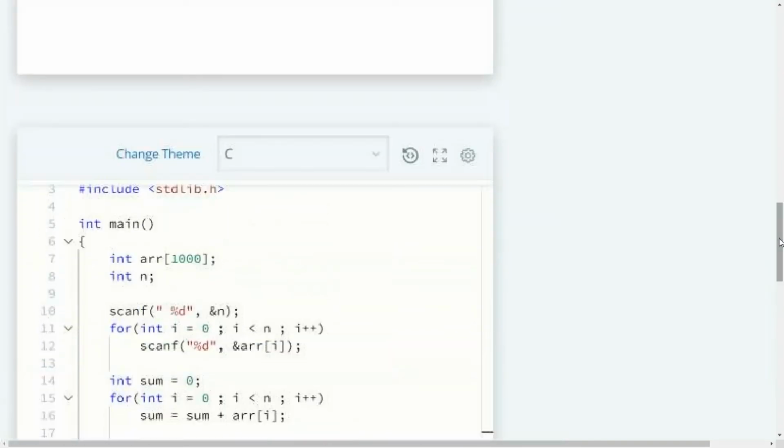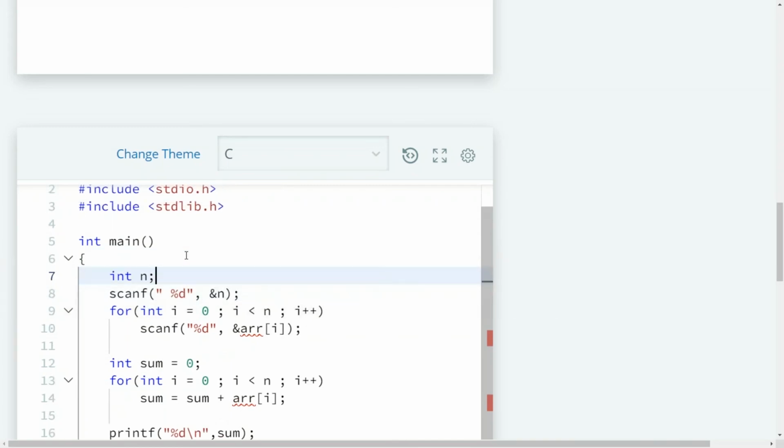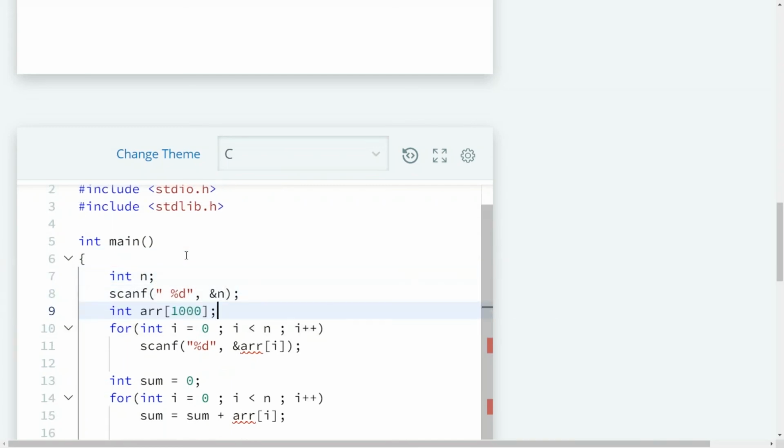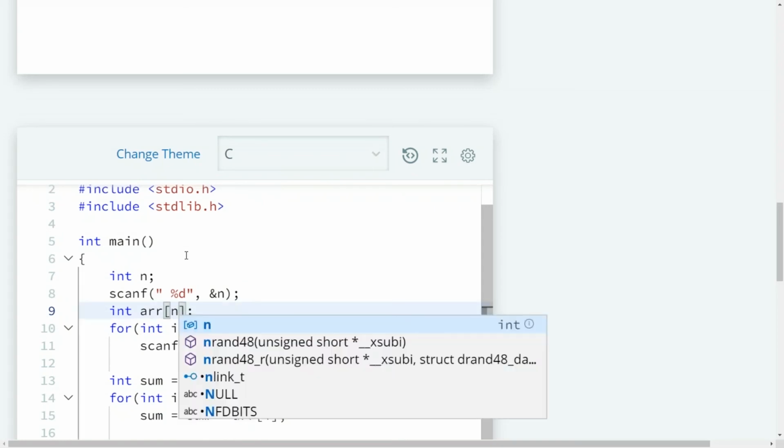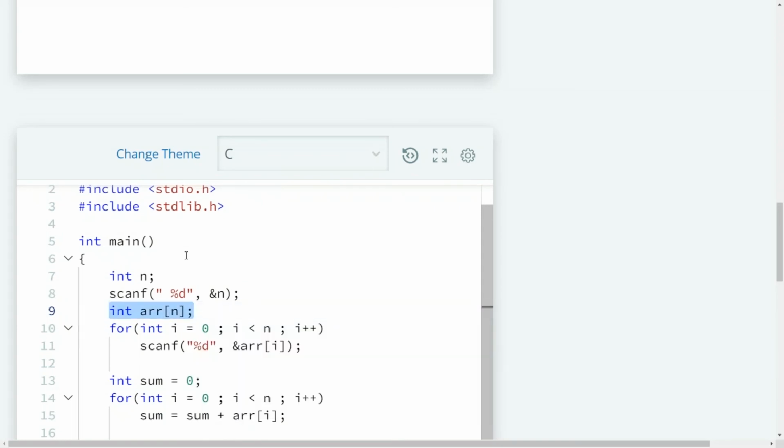But the question is, do we need to declare an array of 1000 for every case, right? For example, if you enter the value of n as 6, then why do we require an array of 1000? An array of 6 is sufficient. If you want to create an array wherein the size of the array will be specified at runtime, then that is possible. So what you should do is move this array creation statement after reading the value of n. Once you read the value of n, you can replace this with n here. But please do remember, this statement has to be done after you read the value of n, not before reading the value of n, right?